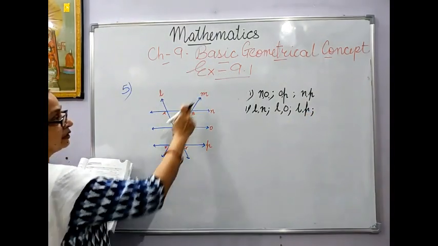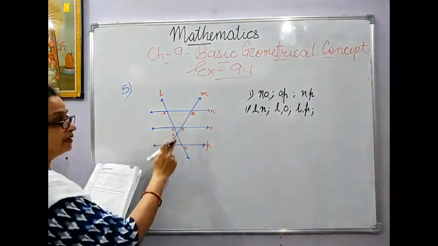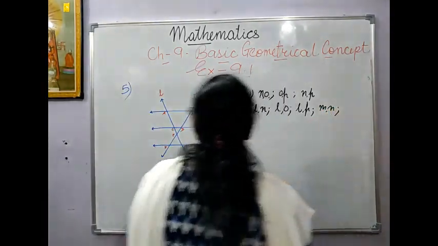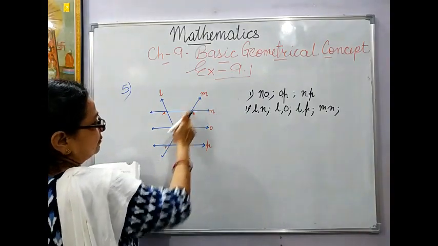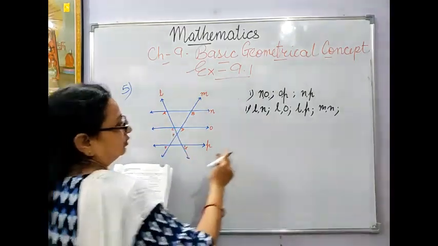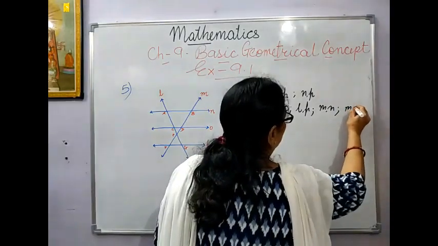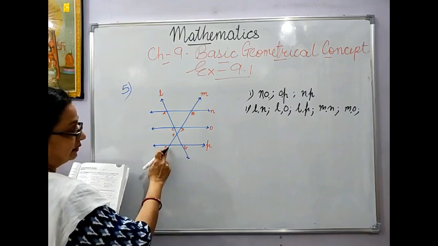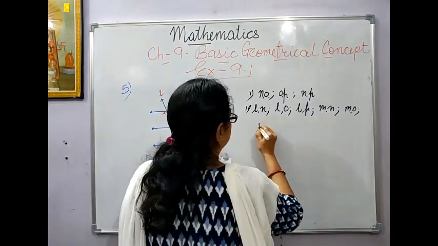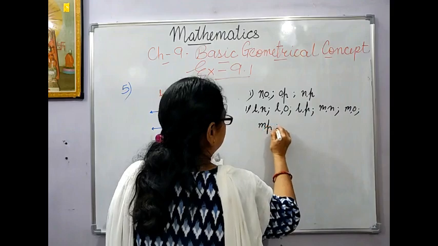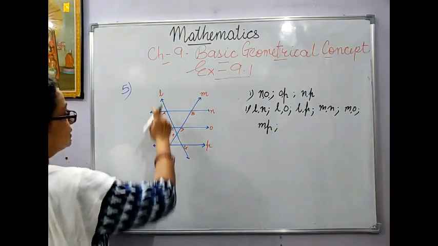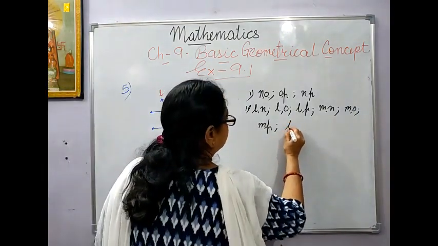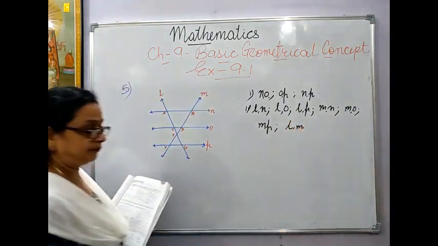Now we come to the second one. This M and N are crossing at B. Those are intersecting. So it will be M, N. This is your first pair. Then this M is intersecting with O. So it will be M, O. Then this M is intersecting this P here. So it will be M, P. And then one last, this is L and this is M, they are intersecting at E. So the last pair will be your L, M.